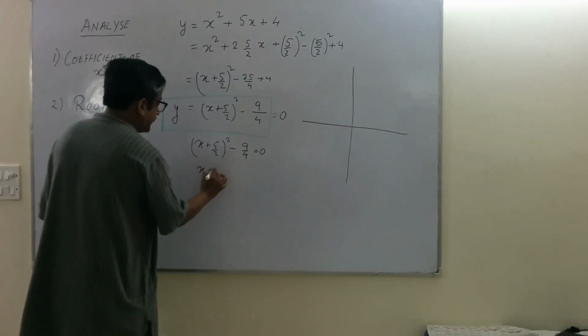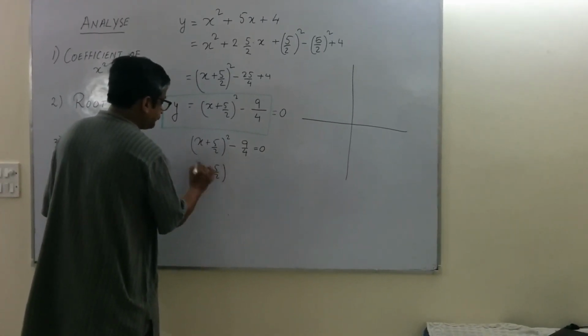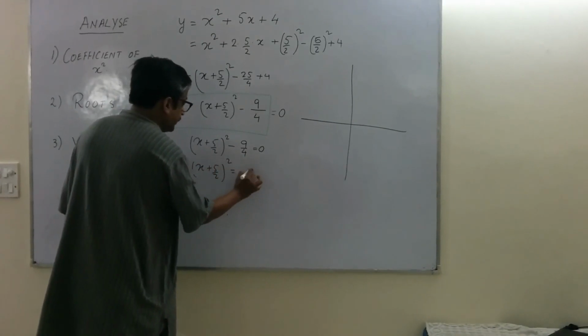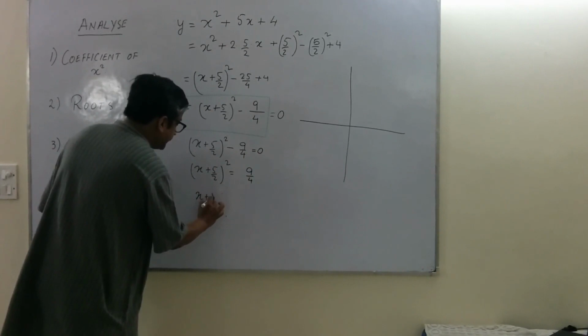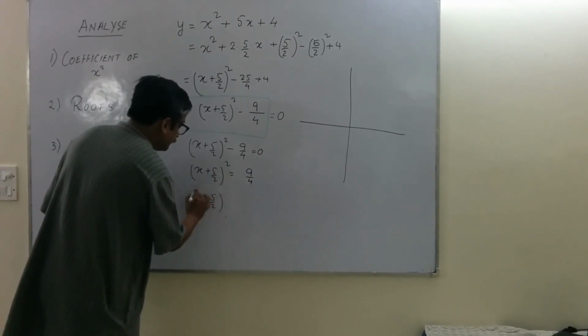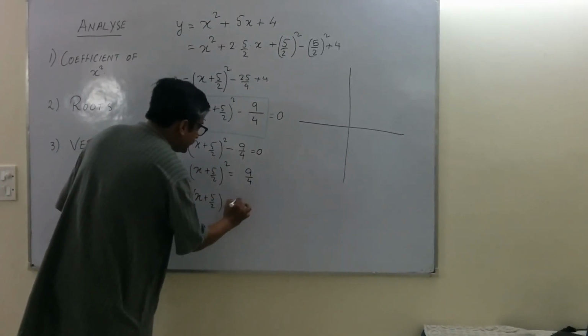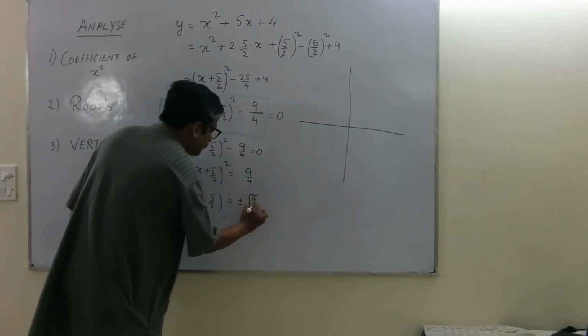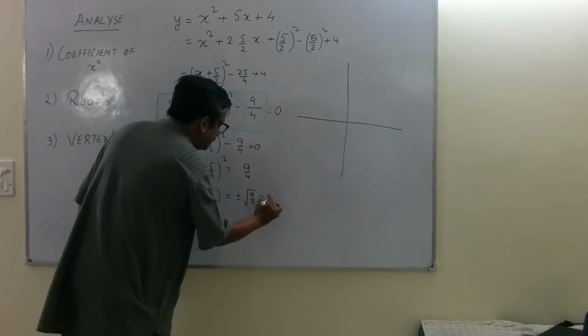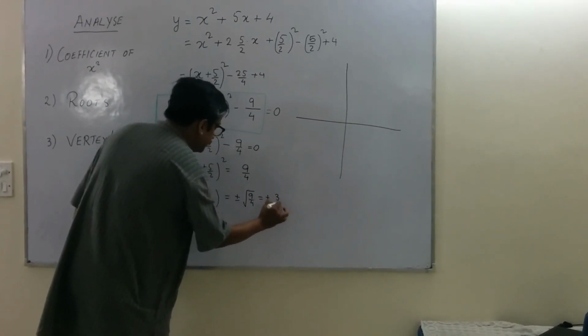So x plus 5 by 2 whole square equals 9 by 4, x plus 5 by 2 equals plus or minus square root of 9 by 4, which is equal to plus or minus 3 by 2,